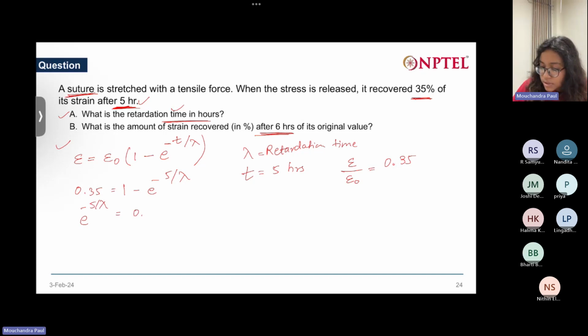Will become 0.65, correct? Then remove the negative sign from the exponent. For that, I'm taking a ratio. Then to remove e and convert to linear form, I will use ln,